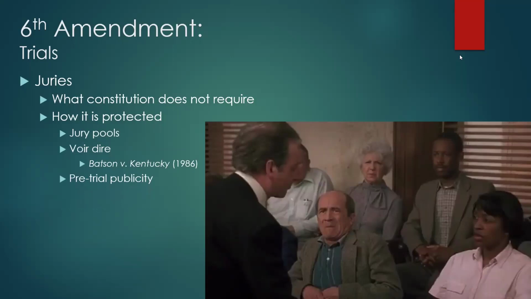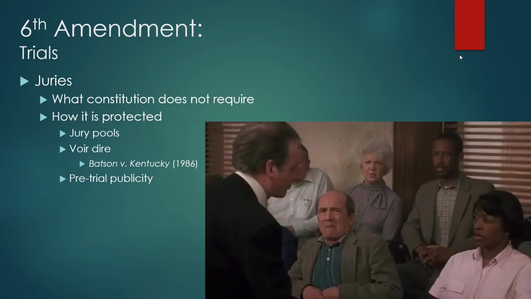Pretrial publicity is another aspect of impartiality of the jury. You're asked to read an excerpt from the Skilling versus U.S. decision. And this was involving a massive securities fraud scheme in the year 2000 that had received a lot of publicity. It was all over the news. And the court explained in that case, impartiality doesn't mean that jurors are wholly unaware of the case. So it doesn't require absolute ignorance of the case.